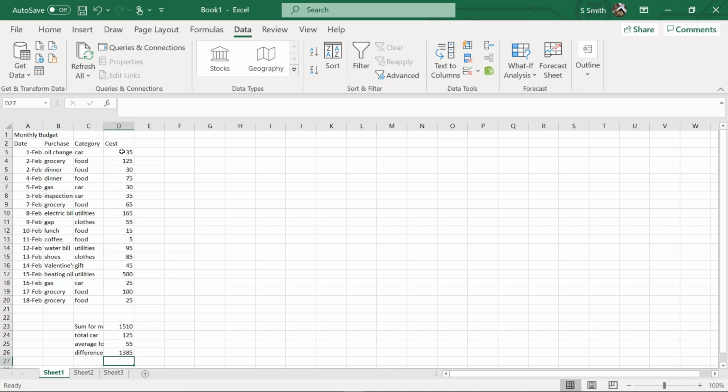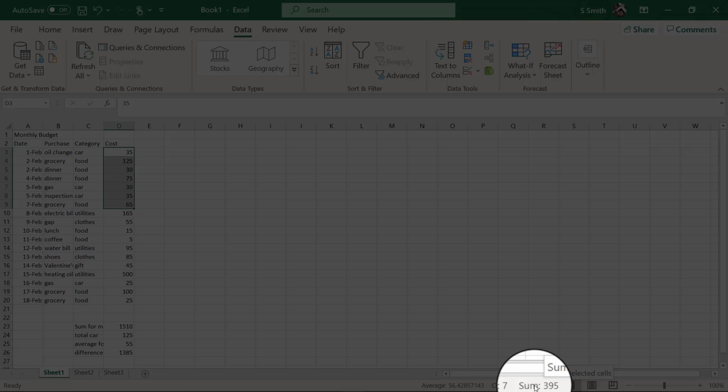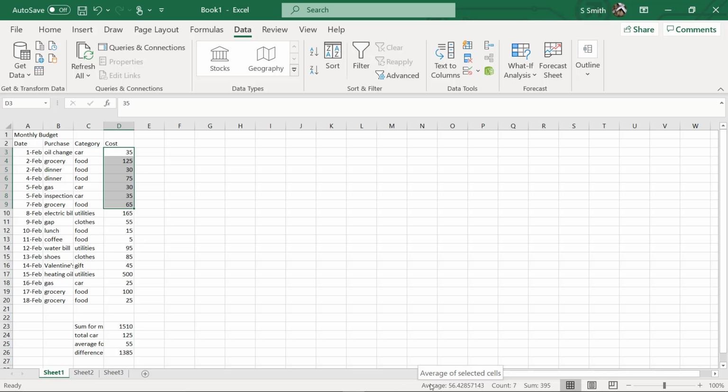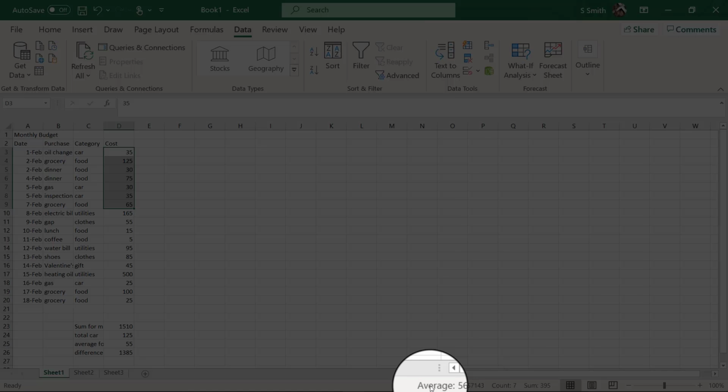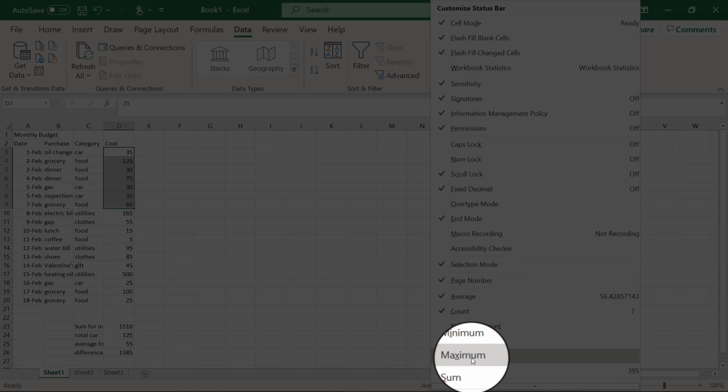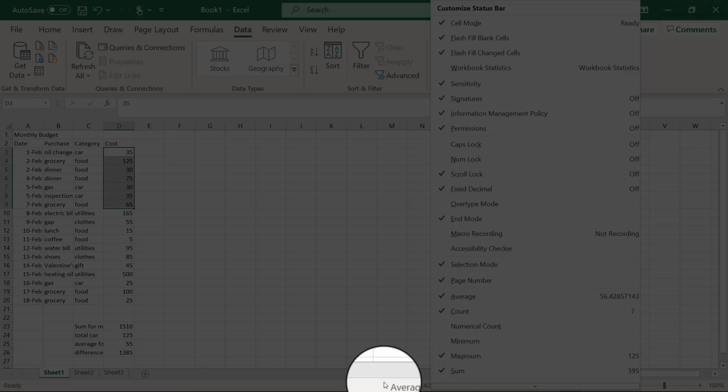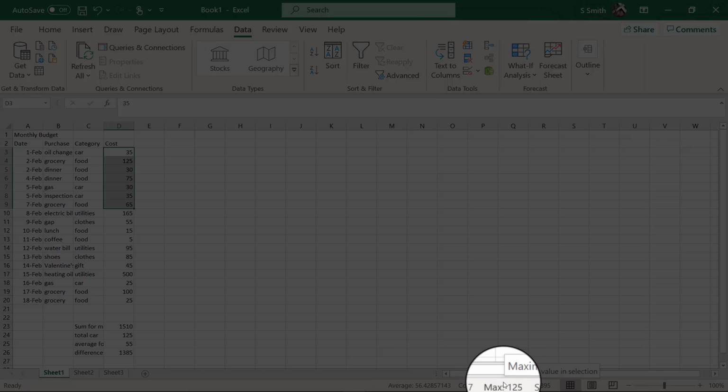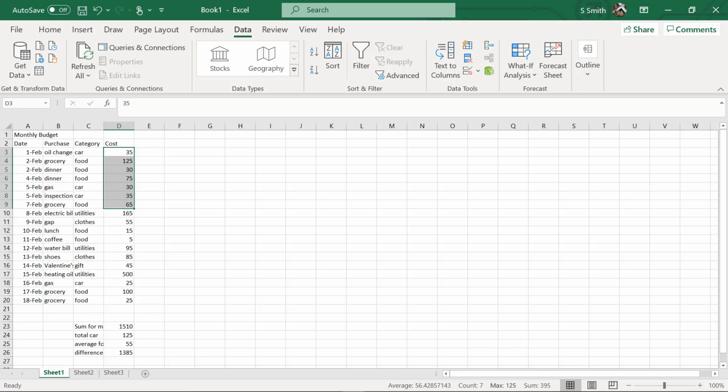If I highlight this column of data right here, and I just want to quickly know how much I've spent, or say I just want to know how much I've spent for the first week, I can highlight those numbers and I can look down here quickly. And there it shows a sum. The count shows that I have 7 selected, and it will even tell me my average. And if there's other information that I think would be relevant here, I can right click and I can choose a minimum, a maximum. Say I put maximum on there. That will always show up when I highlight my cells too. So I can look at the information really quickly that way.